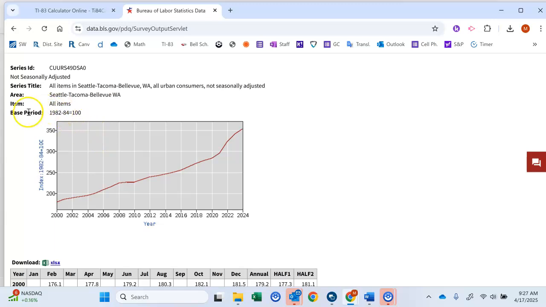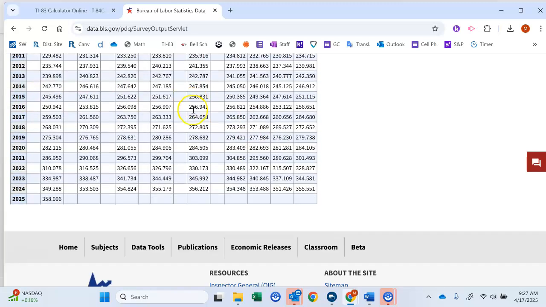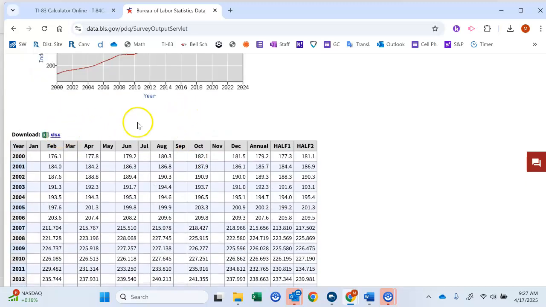What I'm going to show you, though, is if you look at this, the base period is 1982 to 84. So what they're saying is the cost of goods would be based upon an index of 100 way back in 1982. But all we see is 2000 to 224. So it looks like about 150, about 200 here. Now, next you'll see a big table, but that's not easy to work with. So we're going to need to download a spreadsheet. So click on this, click on that,